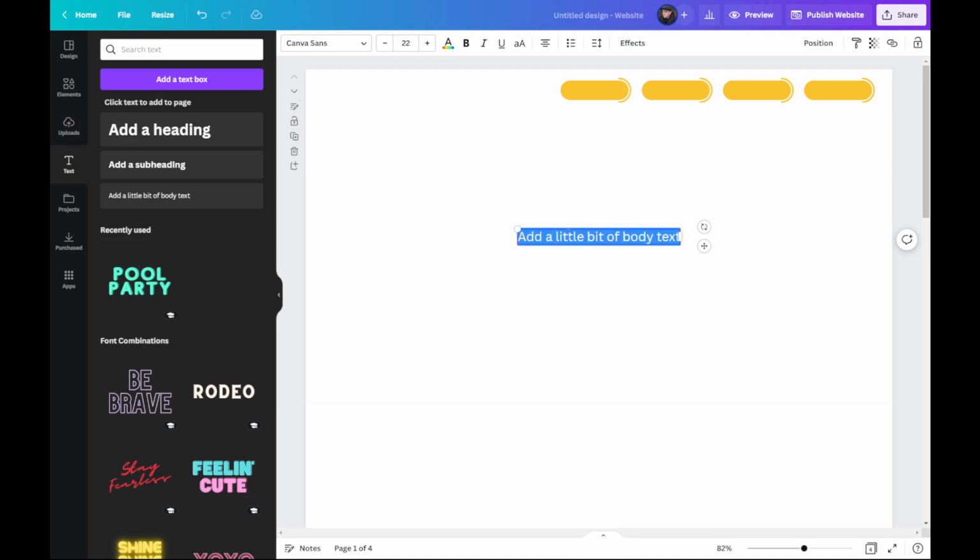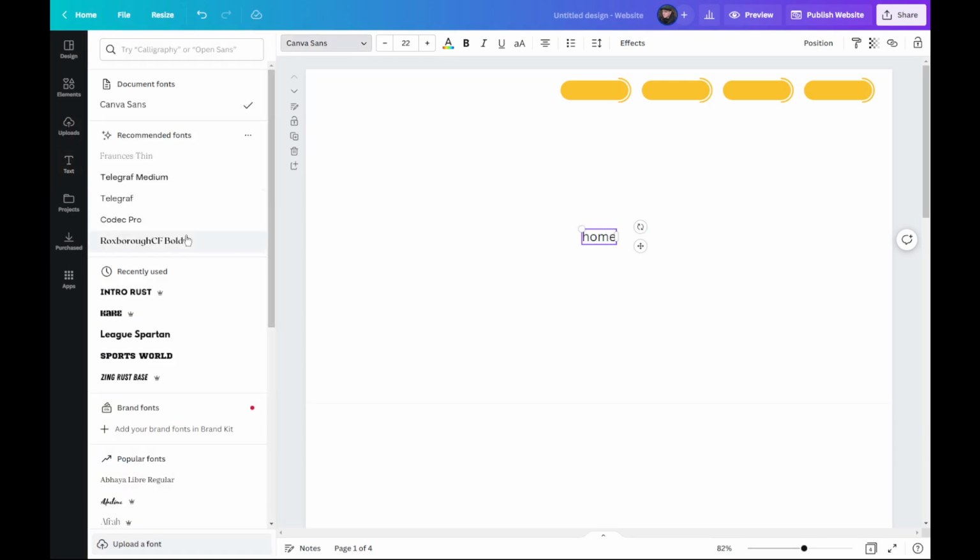We'll change it in a second. And we're going to write our first text label, Home. You might want to choose a suitable font style. That looks like quite a nice one. Okay, and then you might, depending on what colour you've picked, and just remember, if you want to change the